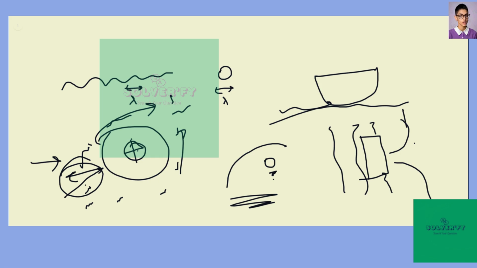But if you think of the anchor chain, the waves simply pass around the anchor chain and they don't get affected at all because the size of the anchor chain is really small compared to the ship. Just like that, when the size of the object is really small, the light simply ignores it and you can't see it anymore using this particular light. Of course, you can go to lower wavelengths, but that's a